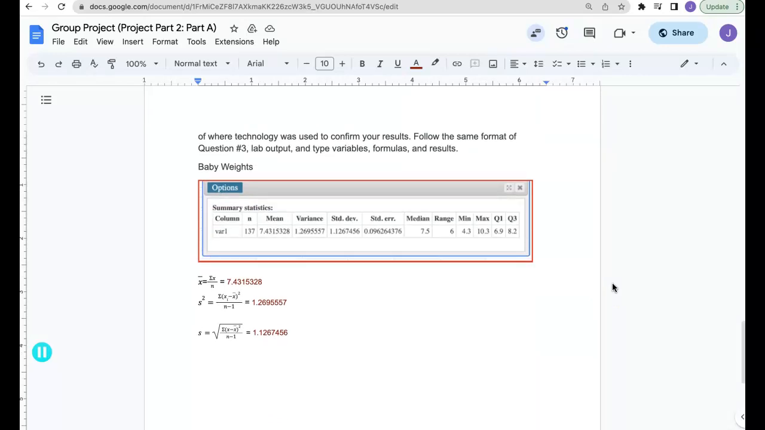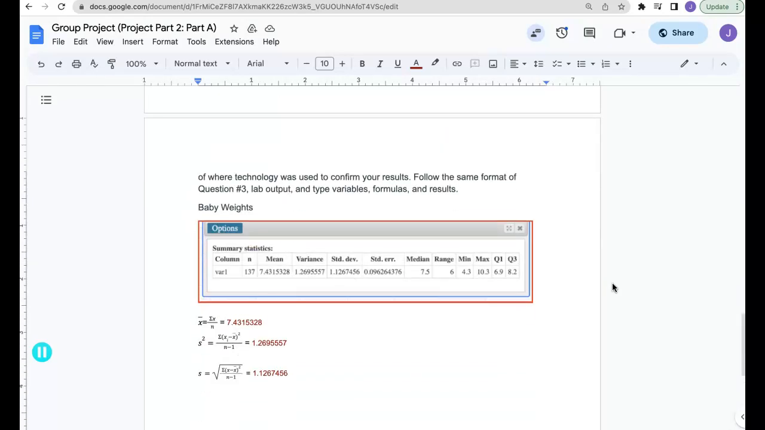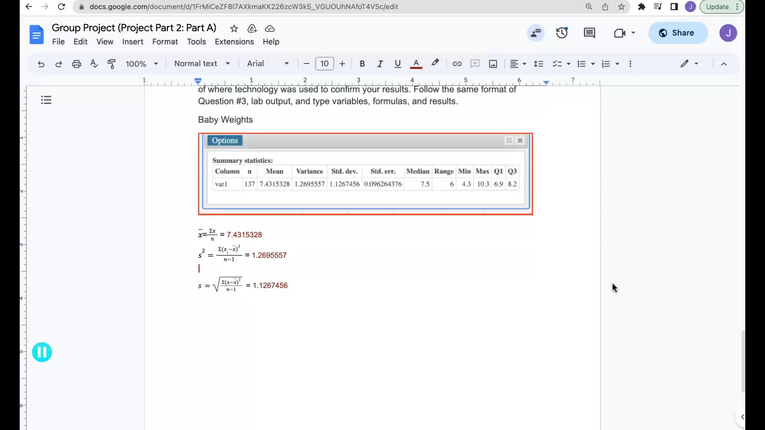So this is the inserted picture for the one variable stats. And then the mean formula is x bar equals the sum of x divided by n, which equals 7.4315328, and then